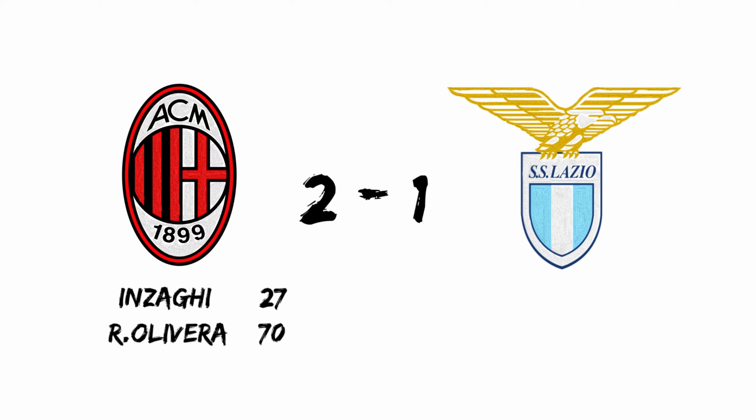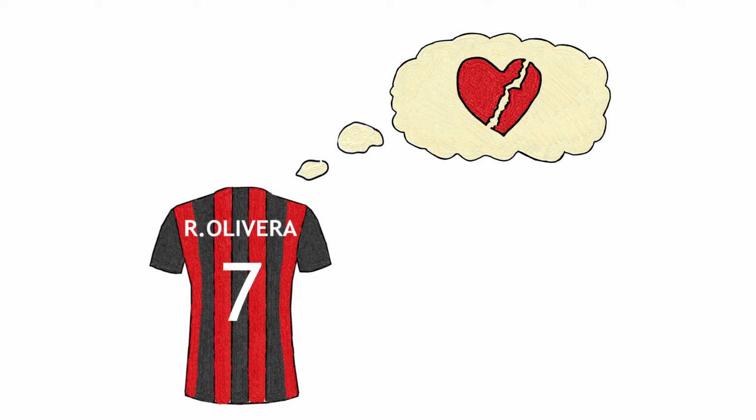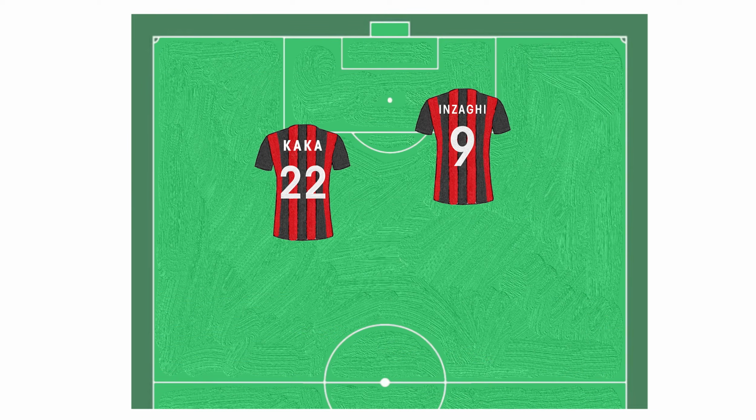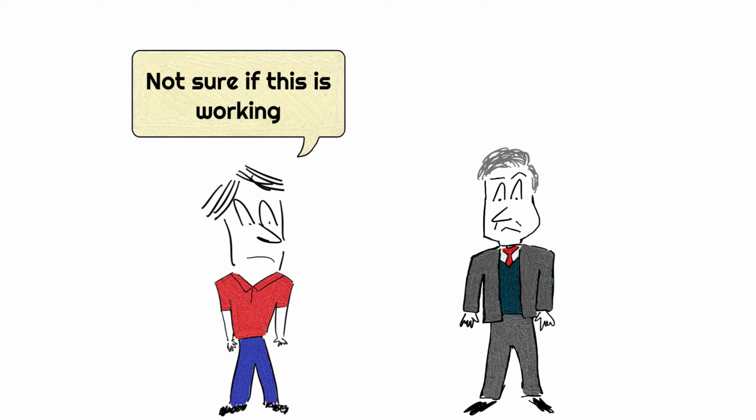We started our league with a 2-1 win over Lazio, with Ricardo Oliveira scoring for us, a striker that was supposed to replace Shevchenko. But as the season went on, our star signing, Ricardo Oliveira, was also dealing with the stress of his kidnapped sister, and you could see it affecting his season as well. And that left us with two other strikers who couldn't really play alongside each other. Ancelotti tried to shoehorn Kaká in that second striker role, with Seedorf playing in that classic number 10 role. Honestly, the results were quite frankly hot and cold.